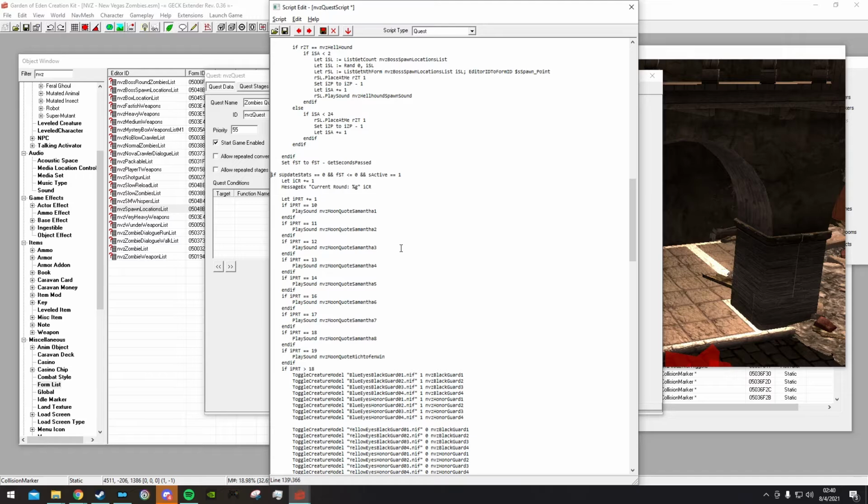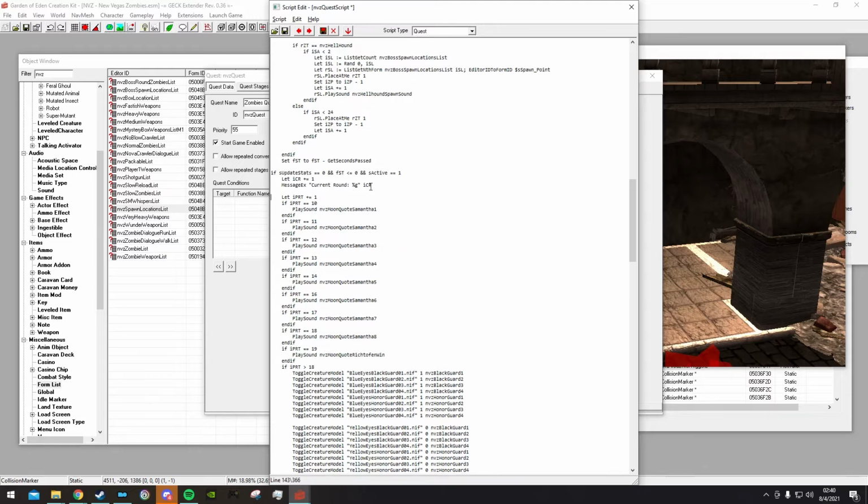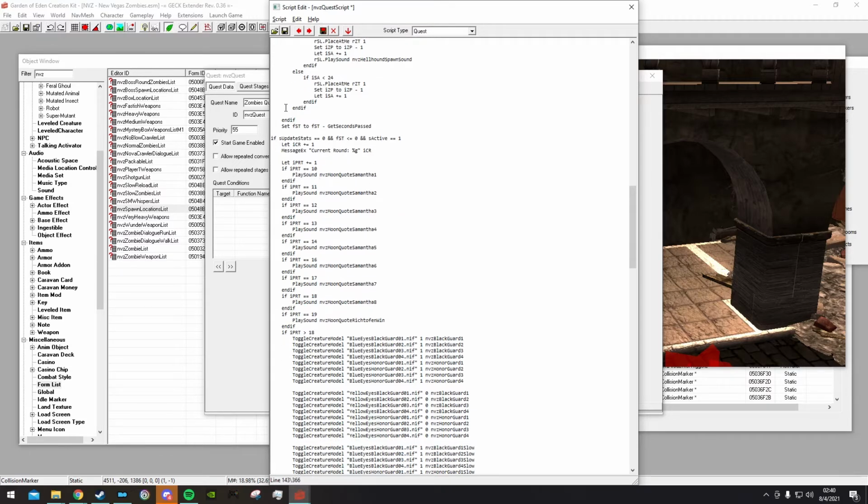This here basically just checks the beginning of the round, and this is where we start setting stuff into motion for the round. This is where we set the round number up. This is where it tells you what round it is. This is what triggers map events. So like at round 10, and then you get